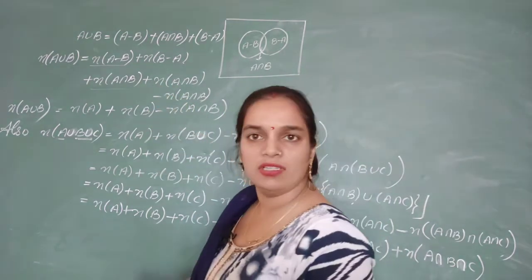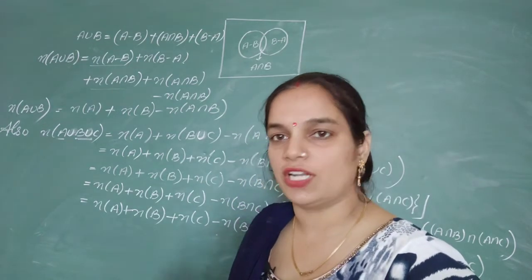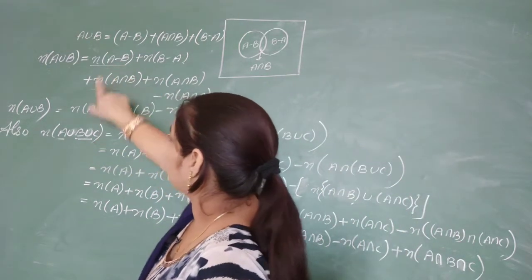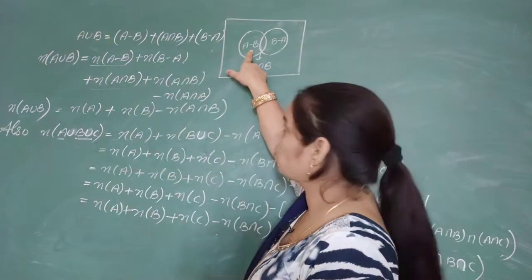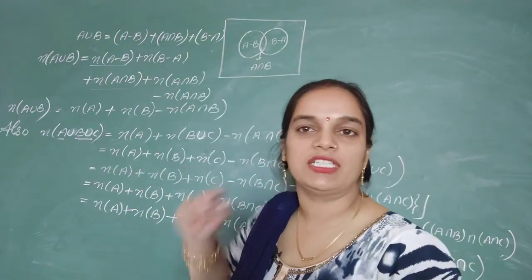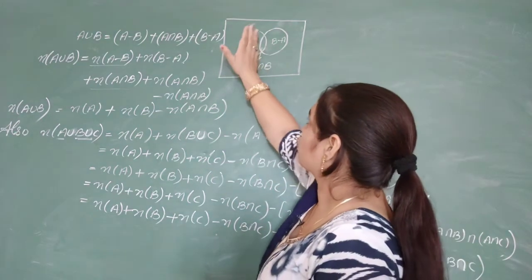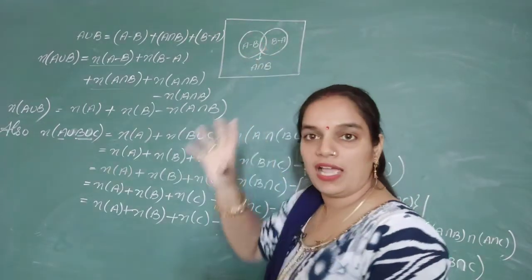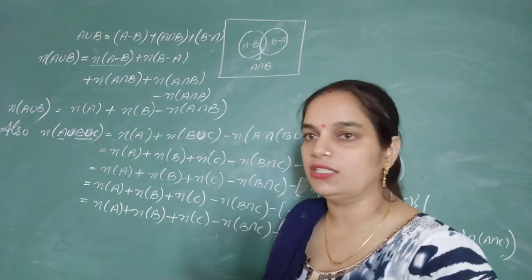Addition or subtraction, there will be no change because they will be cancelled out, so I am taking it as addition and subtraction. Now we know that n of A minus B and n of A intersection B. इधर देखिए, A minus B में जो एलिमेंट्स होंगे और A intersection B में जो एलिमेंट्स होंगे, अगर इन्हें कंबाइन किया जाता है we will get the elements of set A. दोबारा सुनिए, in the portion of A minus B and in their intersection the elements will combine, they will become the elements of set A.